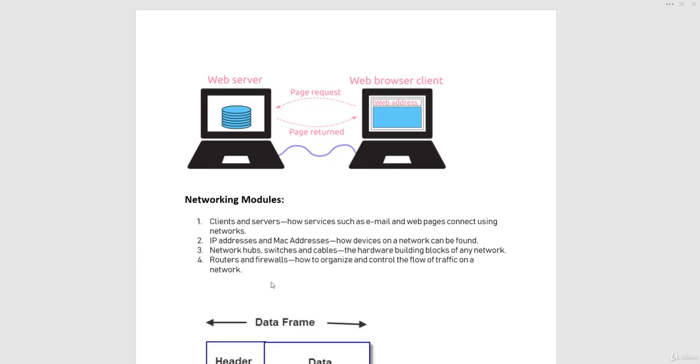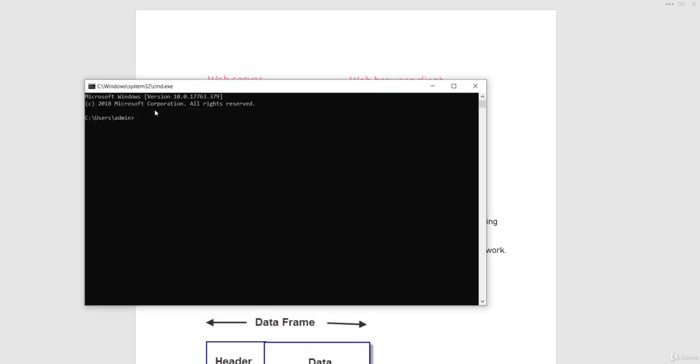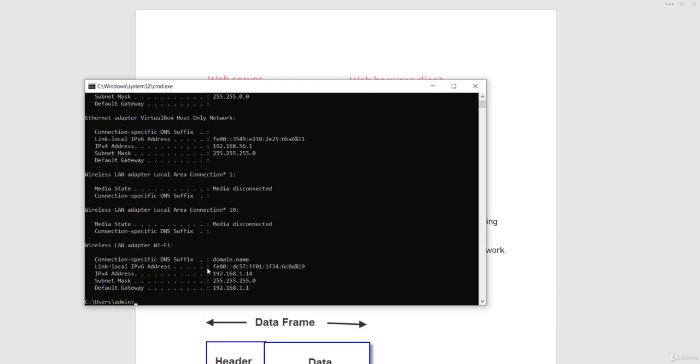So now let's see how we can get the IP address and MAC address on Windows. First of all, let me open the command prompt, and if I type ipconfig and hit enter, you get these connections of Wi-Fi and the LAN adapter. You can see the two addresses over here. One is the IP address of this machine, and the next one is your MAC address. The MAC address is different on different computers, and based on it the information will be given to the particular computer correctly.